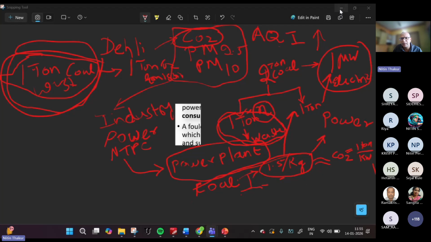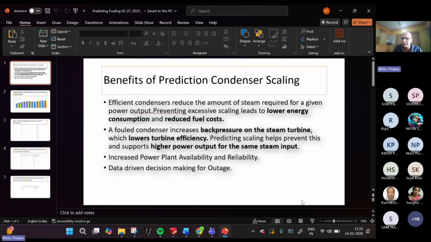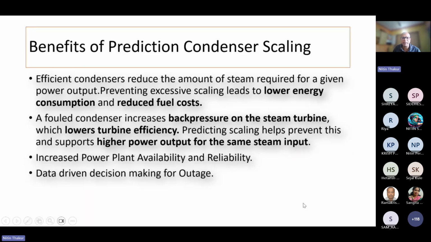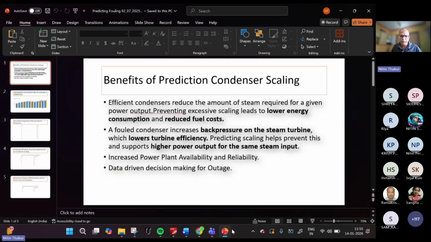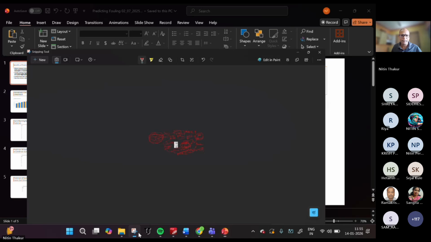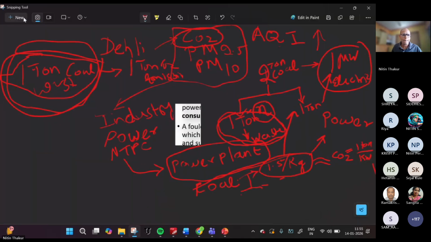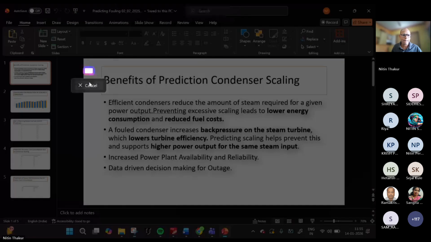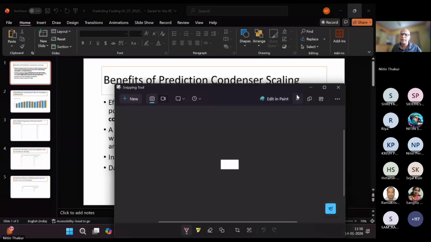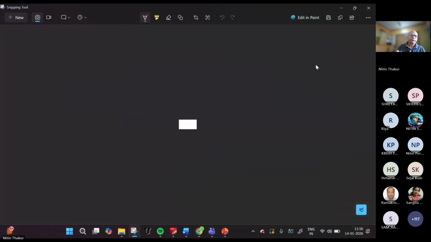So I just want to run through the slides. That is, what is the benefit? So we took, okay, before I go there, I want to add one more thing here. In a power plant,